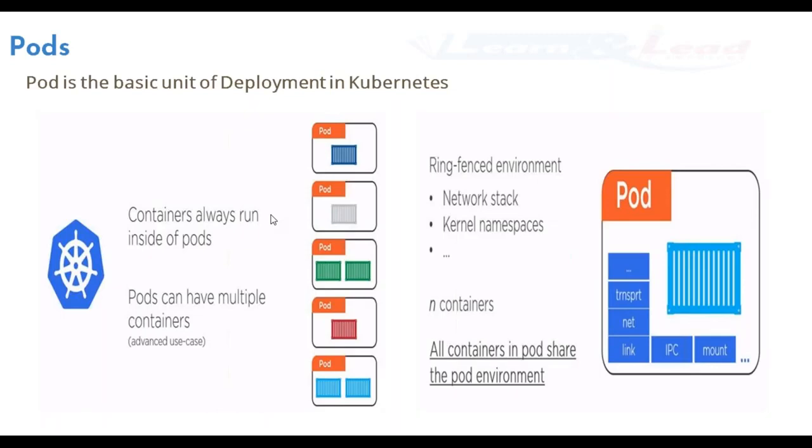Now as we see that a container can run inside a pod, we can place multiple containers also in a single pod, but we never do that in a real production scenario. You can see that here, the third one, basically there are two containers in a single pod. Yes, we could deploy them.